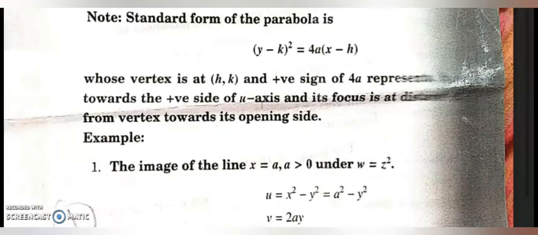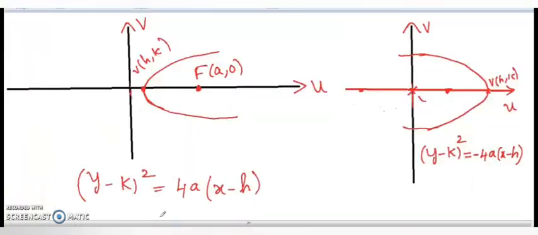The positive side of u-axis will be like this. So this is the positive side. Here the values will be positive, and here the values will be negative: 0, minus 1, like that it goes on. So this is the negative side of u-axis and these values are the positive side of u-axis. Similarly, v-axis, this is the positive side and this is the negative side.